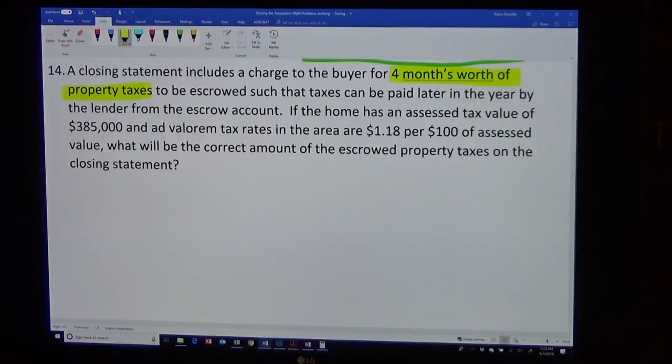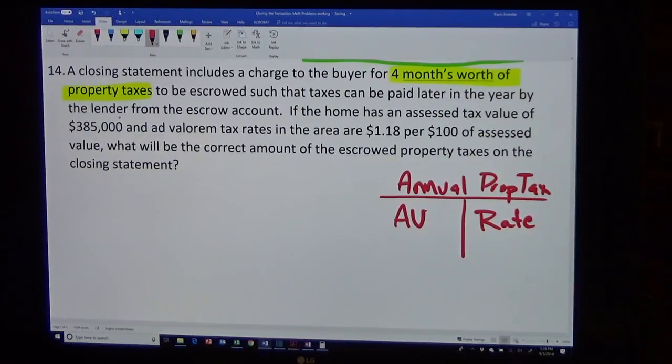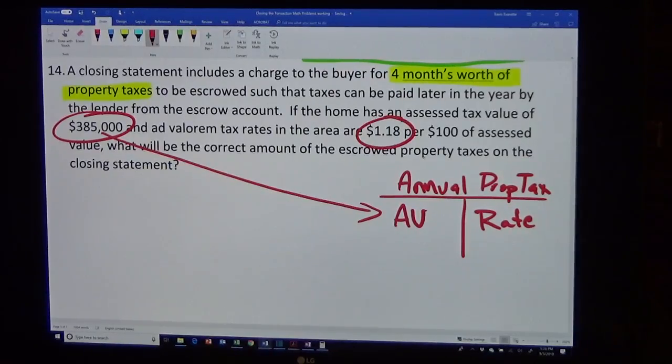So they want us to calculate 4 months worth of property taxes. Well, before I can get to 4 months, I need to get to a whole year. So we're going to be looking at the T-bar for property taxes. And from way back in Chapter 3, the annual property taxes are on top. And down here on the bottom, we have the assessed value and the property tax rate. So to calculate the annual property taxes, we've got an assessed value of $385,000, that goes right here, and we've got a tax rate of $1.18, that goes right there. So our math to get our annual property taxes is